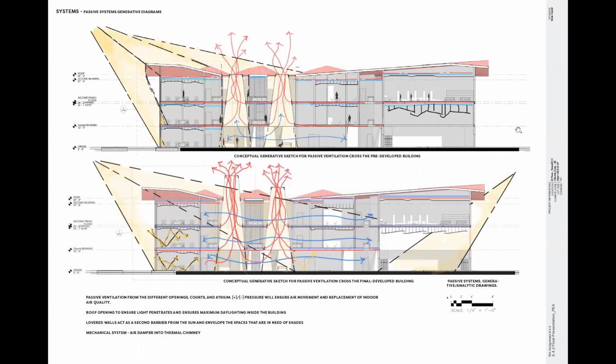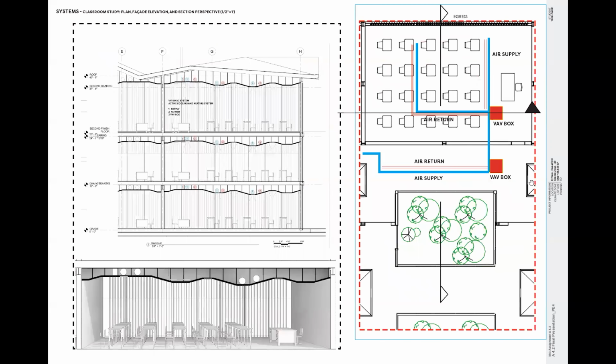This is a conceptual sketch that represents a passive system and generative diagram for the space from the inside, having the AC dampers and supply for the spaces on each floor. That was the first generative idea. There were two equal shafts, and then in responding to the dynamic roof, it has a variation in the height. The classroom itself has an air return and air supply and a VAV box to have several climate zone controls. And the ceiling here is an acoustical ceiling